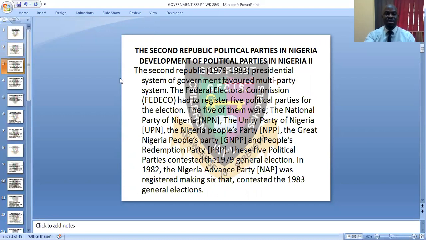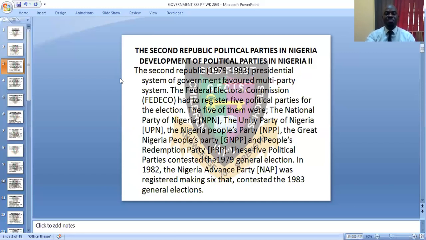Let's look at a little bit of what happened in the Second Republic. The Second Republic was between 1979 and 1983, whereas at that time Nigeria was making use of what we refer to as the presidential system of government, and as a result, this system of government favored a multi-party system. The Federal Electoral Commission, FEDECO, the electoral board at that time, had to register 5 political parties for the 1979 election, and the 5 political parties registered in 1979 were: